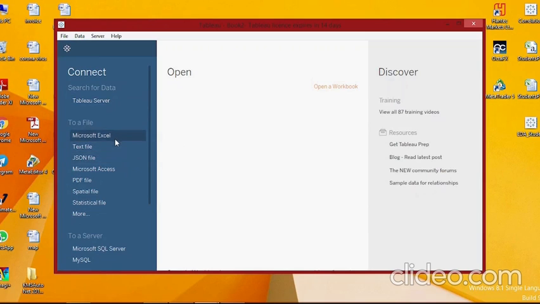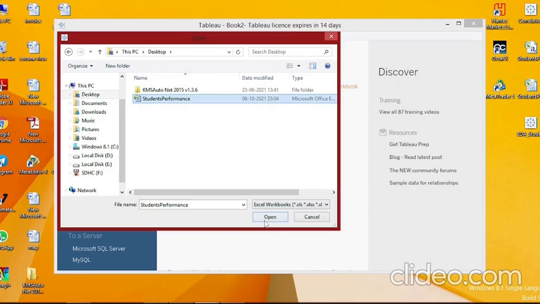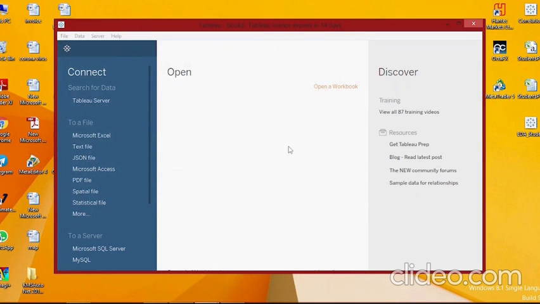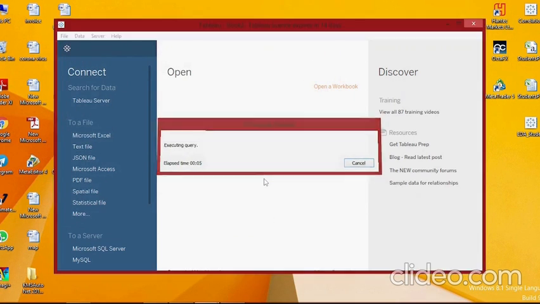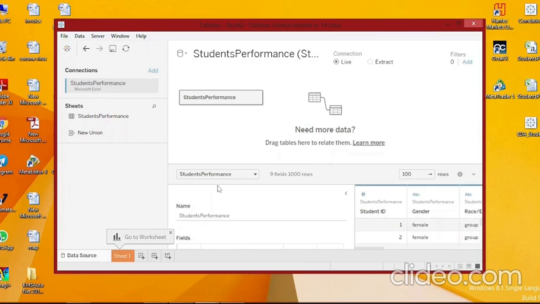Now first we are going to include this student's data file into Tableau. To do that, we have to connect to a file, and here my file is an Excel sheet. So I'm going to choose Excel, and on the desktop I have my student's performance data, which I have opened using Tableau. Sometimes it will take time for loading the data the first time into Tableau. As soon as it is loaded, we can see that there is Sheet 1 and the student's performance data, and near it we can see there are 9 fields and 1000 rows. 9 fields indicate the features, that is the student ID, gender, race or ethnicity, etc., and the 1000 rows are its data. We'll go to this Sheet 1.